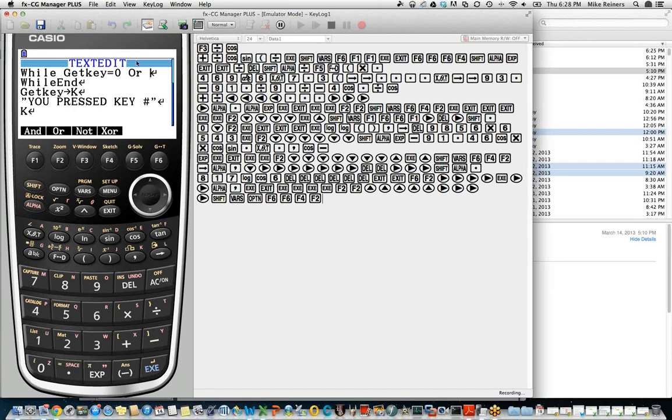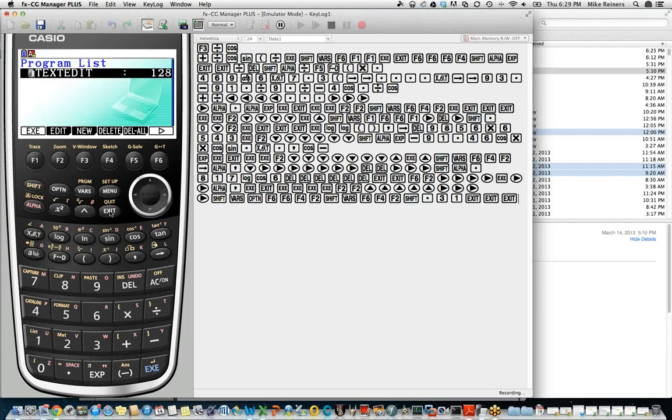So let's see if we can expand our loop by saying if the user doesn't press anything, or if the user presses key 31, which is the execute key, then keep us stuck in this loop. All right, so let's find out. We're going to go back to the programming commands, go to the next page, input, output, and get the get key command again. While get key equals 0, or while get key equals 31, stay in this loop. And let's see if now it will allow us to press a different key.